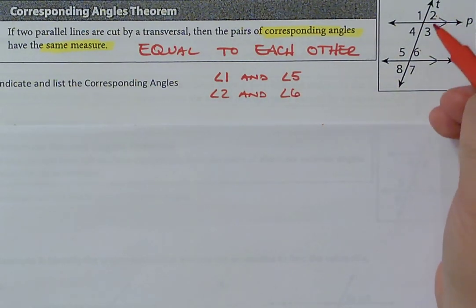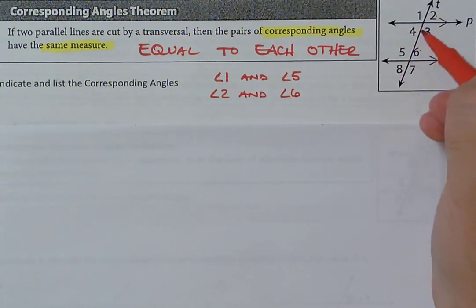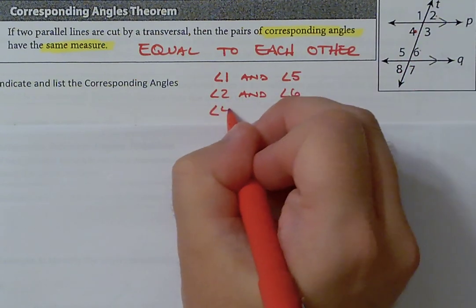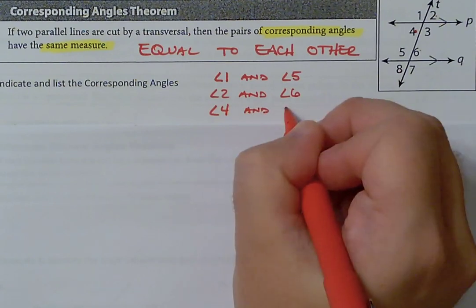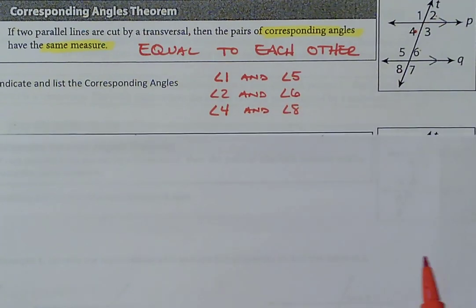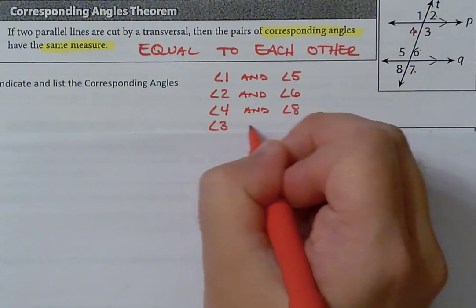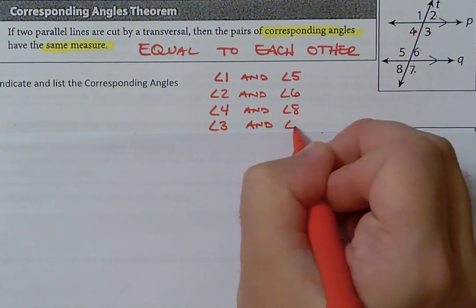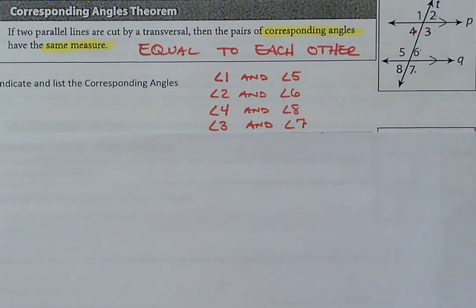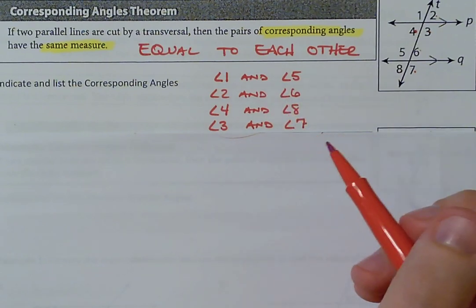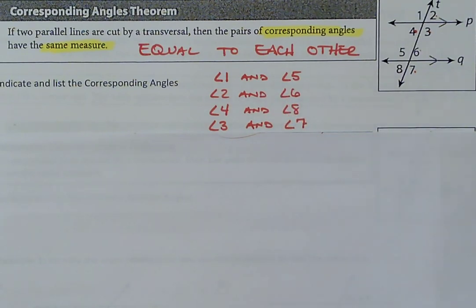Then we also have angle 4 and angle 8 because they're on the left side but below the parallel line. So 4 and 8. And lastly, angle 3 and angle 7. So all of these are the different corresponding angle pairs that we can use, and corresponding angles are equal to